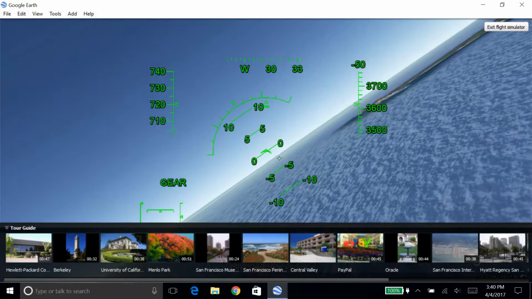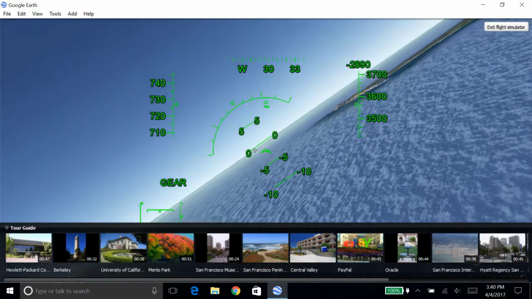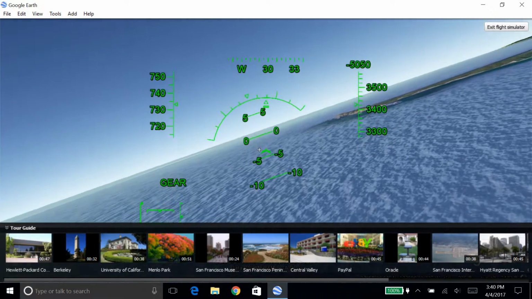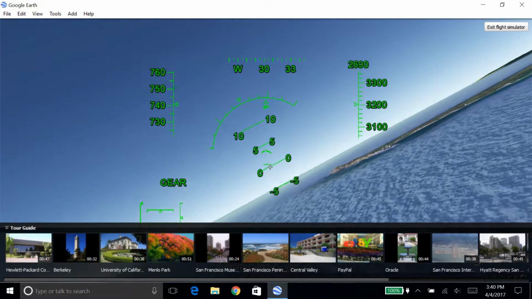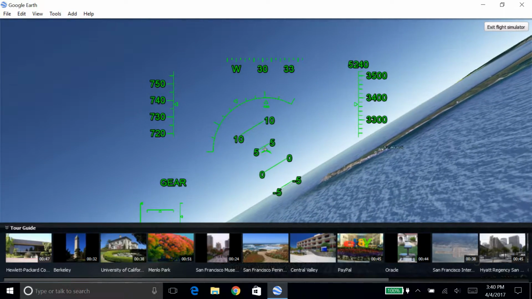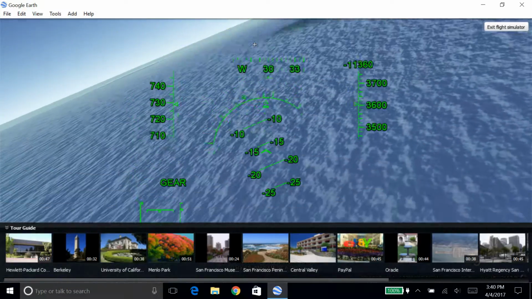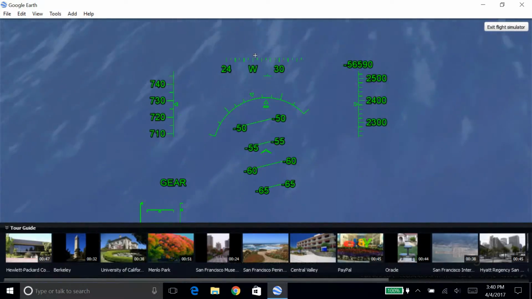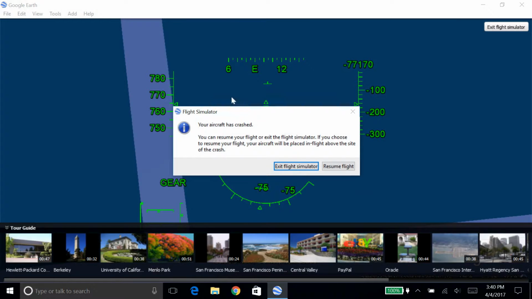No, and then turn this way. Let's see if I can get back to the airport. Probably won't. Don't know where the airport is. Yeah, I'm just gonna go in the ocean. So, if you're wondering what happens when you crash, that happens. And it says your aircraft has crashed. You can either exit or resume. I'm gonna exit